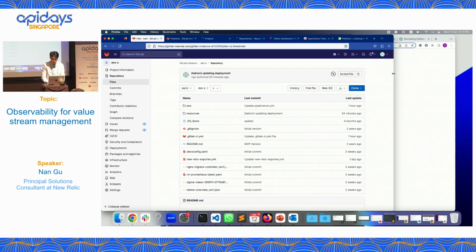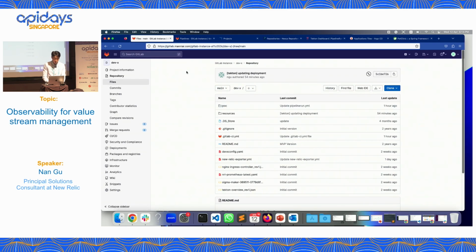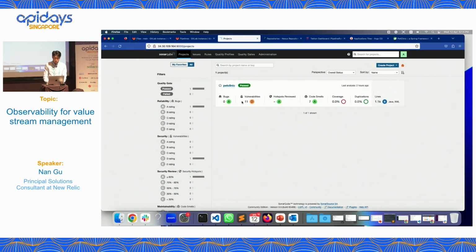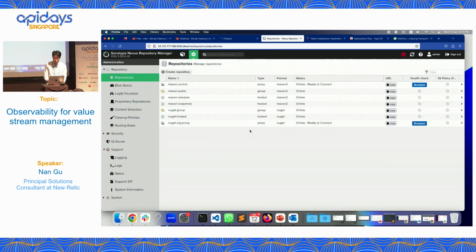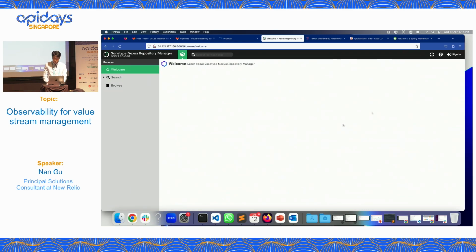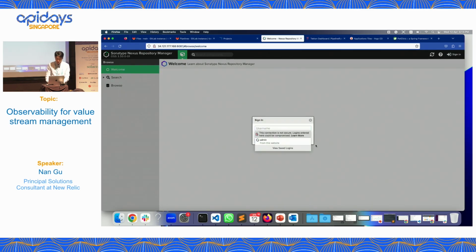Here is the GitLab that has been deployed with a domain name which I applied for from Google. I have SonarQube running behind a load balancer. There is a dashboard for quality and measurement. I also have a Nexus which I deployed here just in case, because you do need a private repo, and also you need to store your artifacts.